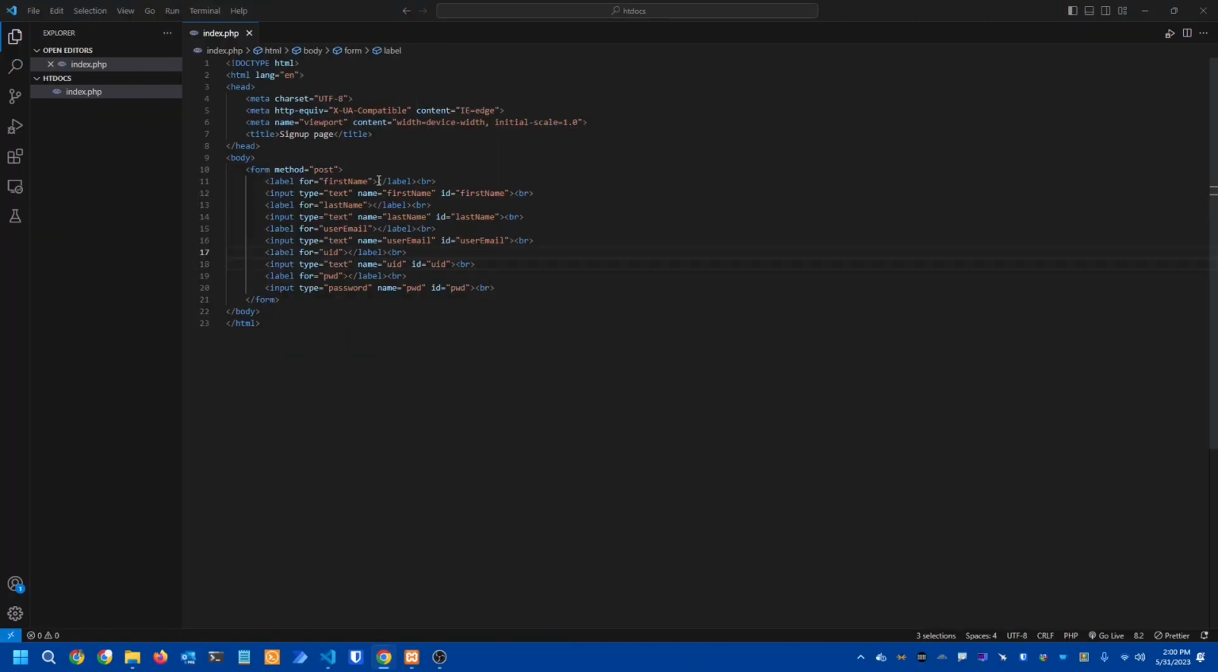Since there's no labels, let's label them. First name, last name, email. Actually, right here, we can change this type to email, and it will make sure for us. We're going to say username and password. Now, I'm going to copy this password and paste it again for the password